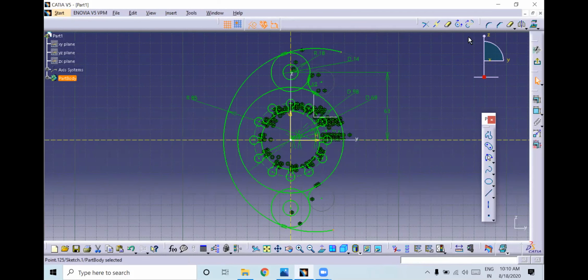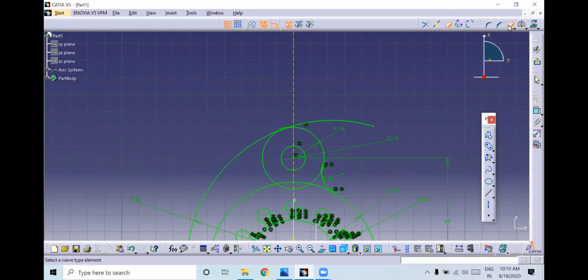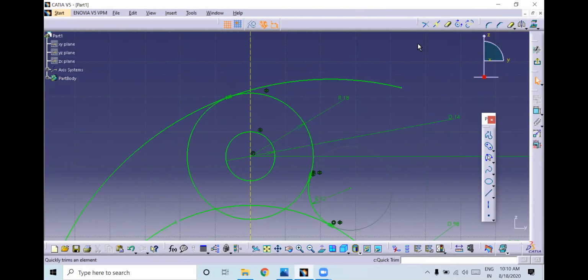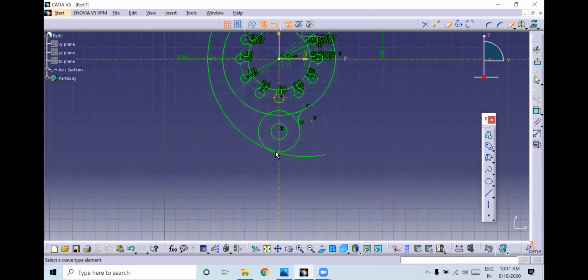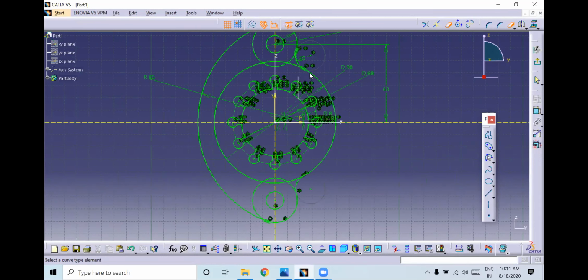So now you trim that part. How to extend, sir? Just select the point and drag, that's it. Just select this end point carefully and drag it, that's it. Okay, just zoom it, double click. So we need to zoom this part also. Okay. Then this and this. Now we have done, but we need to trim still more here.